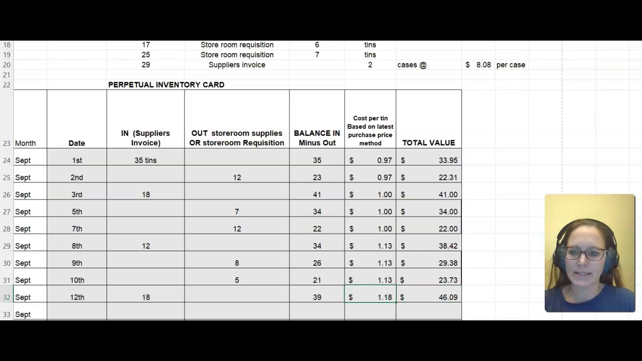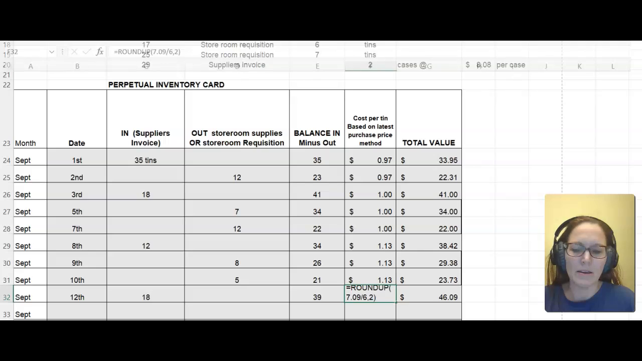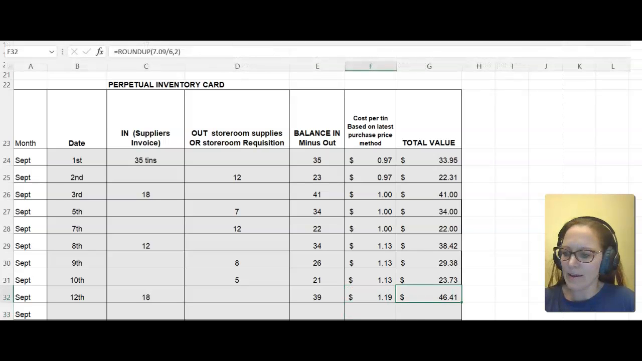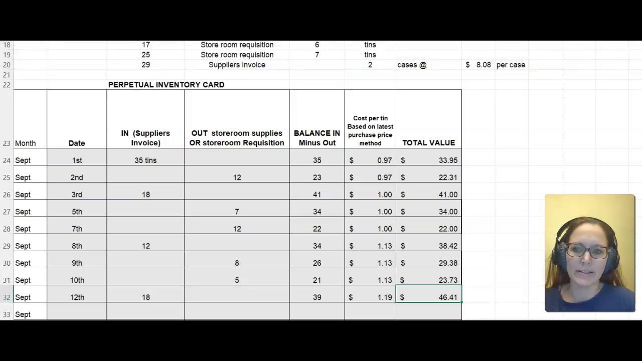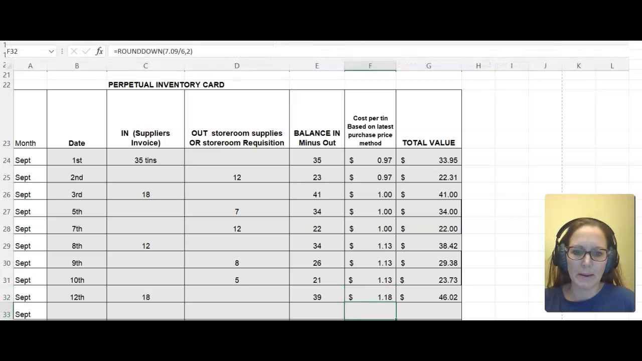So again, I go back to my cell F32 now, and I'm going to use my round up key, comma, and then again my 2 decimal places, comma, press enter, and wait a second, it's still not right, it should be $46.02. So the mistake that I made here is I should have rounded down, not rounded up. So I'll go back up here, and I'm going to change this to round down, and that should fix my problem. So excellent. So now I've got the proper amount of